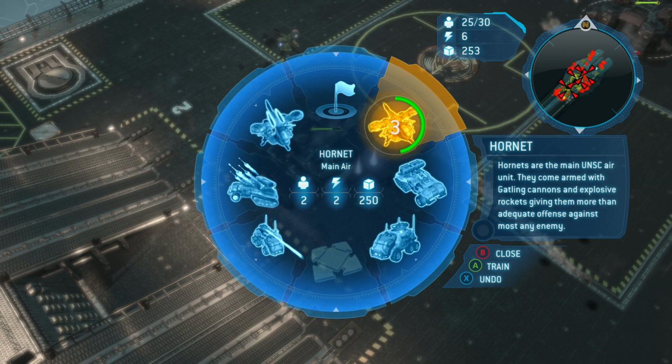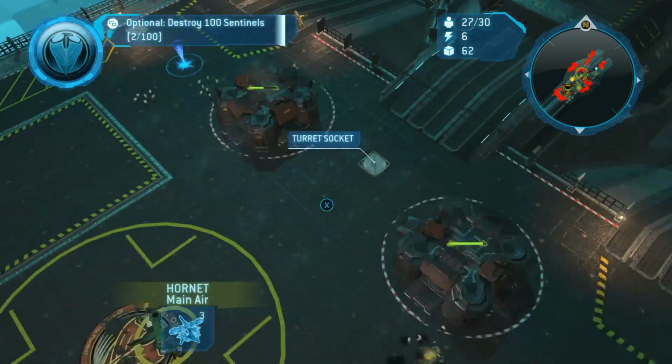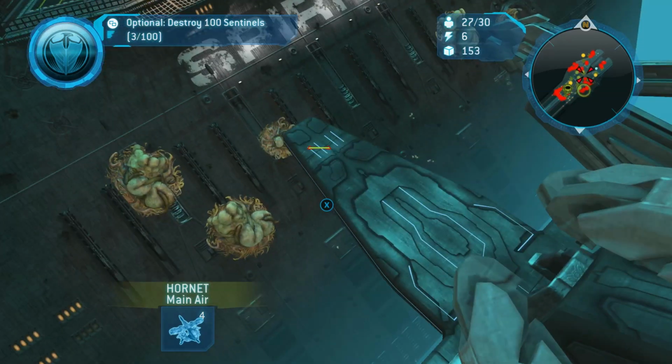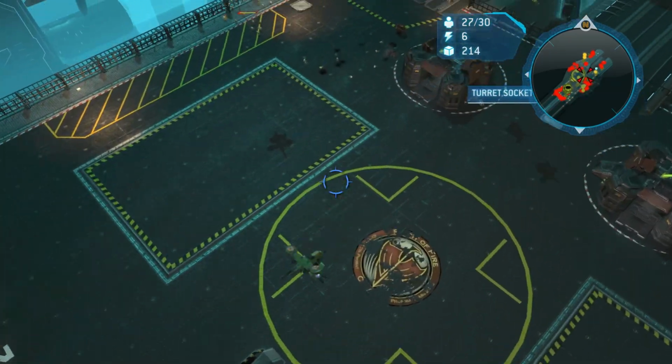So just continuously get Hornets, making sure that the airlocks are surviving. If you don't really care about getting the achievement, you only really need your air pad, the one that you can train Hornets out of. But anyways,